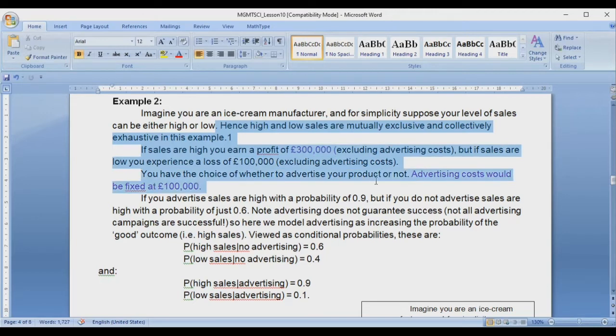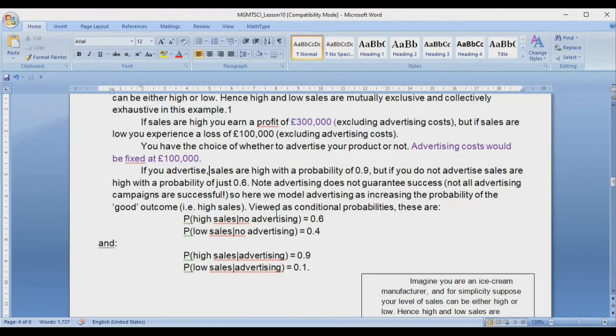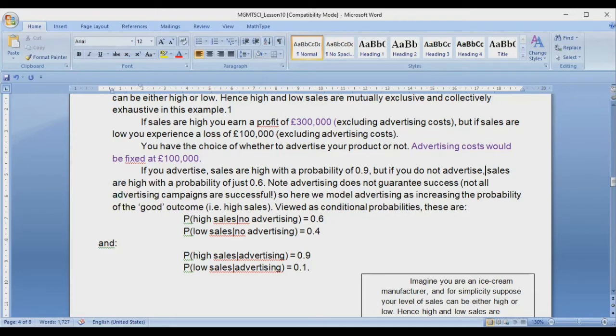You have the choice of whether to advertise your product or not. Advertising cost would be fixed at 100,000 pounds. If you advertise, sales are high with a probability of 0.9. But if you do not advertise, sales are high with a probability of just 0.6. Note, advertising does not guarantee success. Not all advertising campaigns are successful. So here we model advertising as increasing the probability of the good outcome, high sales, viewed as conditional probabilities